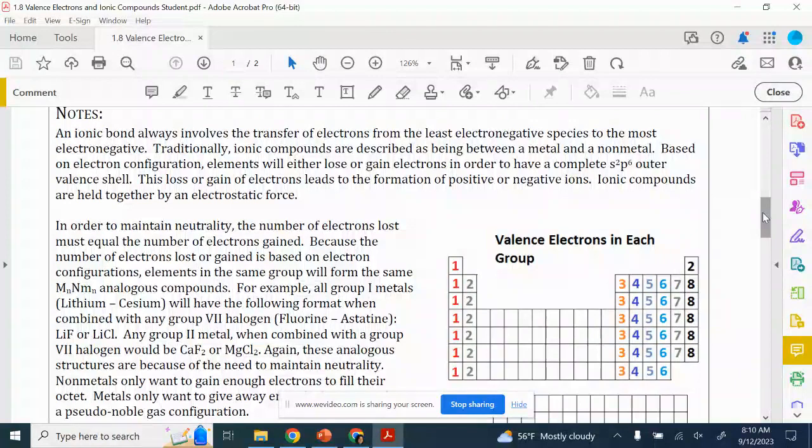Okay, so last notes for this chapter or unit. We've got ionic bonds. Ionic bonds are going to transfer electrons, and typically this happens between a metal and a non-metal, because we're looking at electronegativity differences. We talked about electronegativities the other day, and we said that the things on this side of the periodic table,